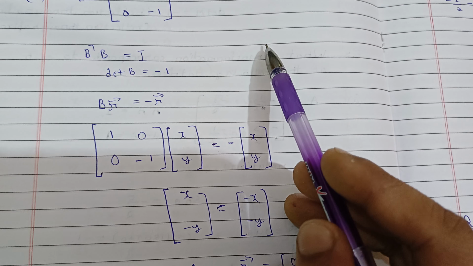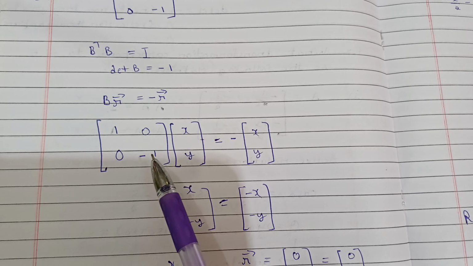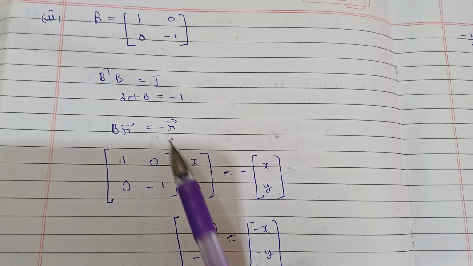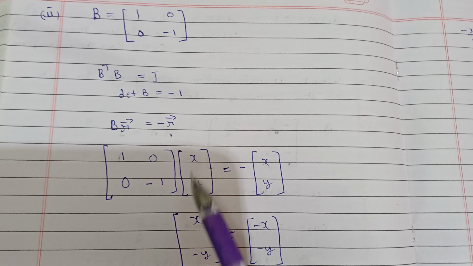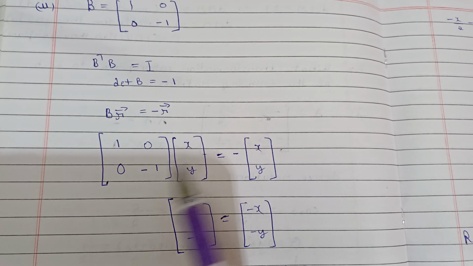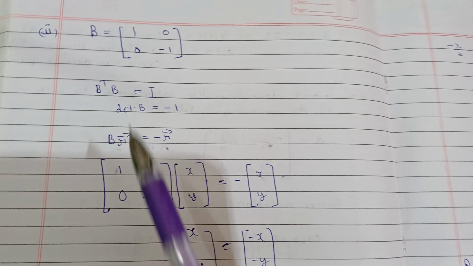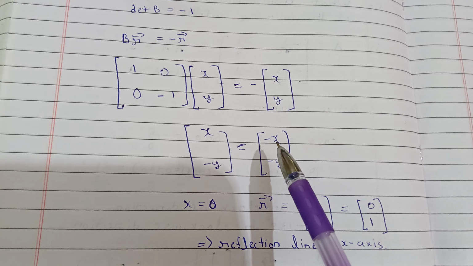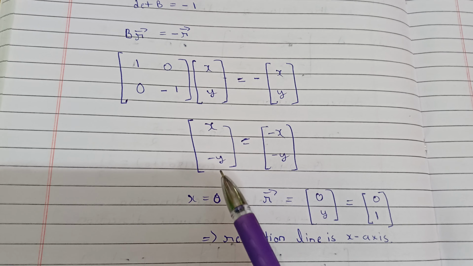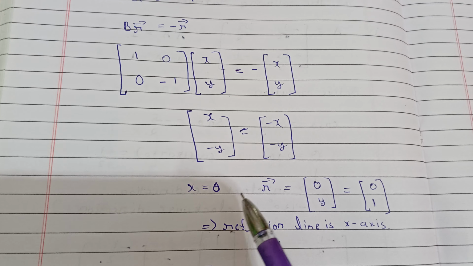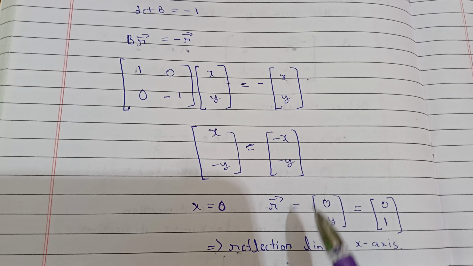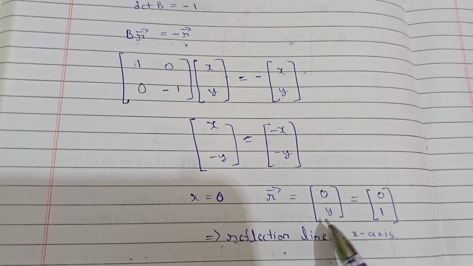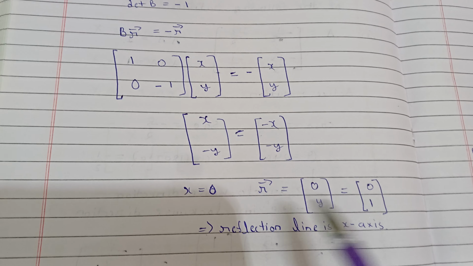We will see it later. So this condition should be satisfied for the reflection. So let's say this xy vector will give you minus xy after operating this matrix, because reflection is involved. Now from here you can see x equals minus x only when x equals 0, and y should be this. So what is the r? R is this 0 y, and after normalizing you will get 0 1. Now this is r,